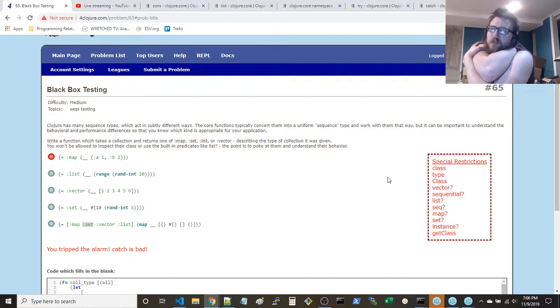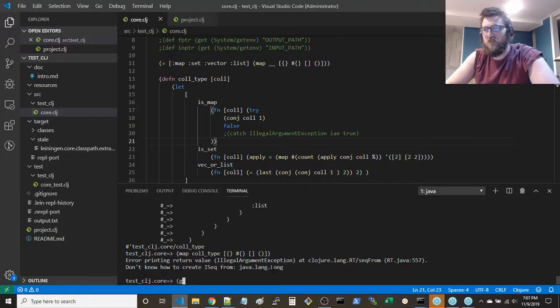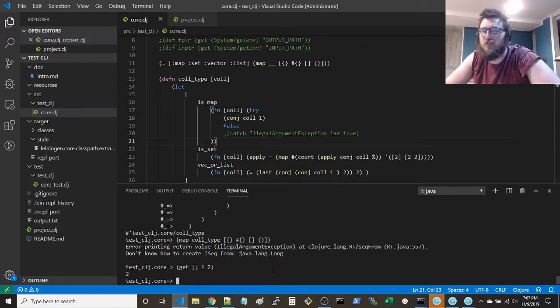Yeah, but what do you even do with a map that determines whether or not it's a map? How does that work? I guess a unique key, maybe. So you could try to get from the map a particular key, and then default to nil if it's not there. And if it is there, then you can associate. See, I don't think get works if you do anything that's not a map, right? Like if you just get from 1, 2, right? 2. Oh.